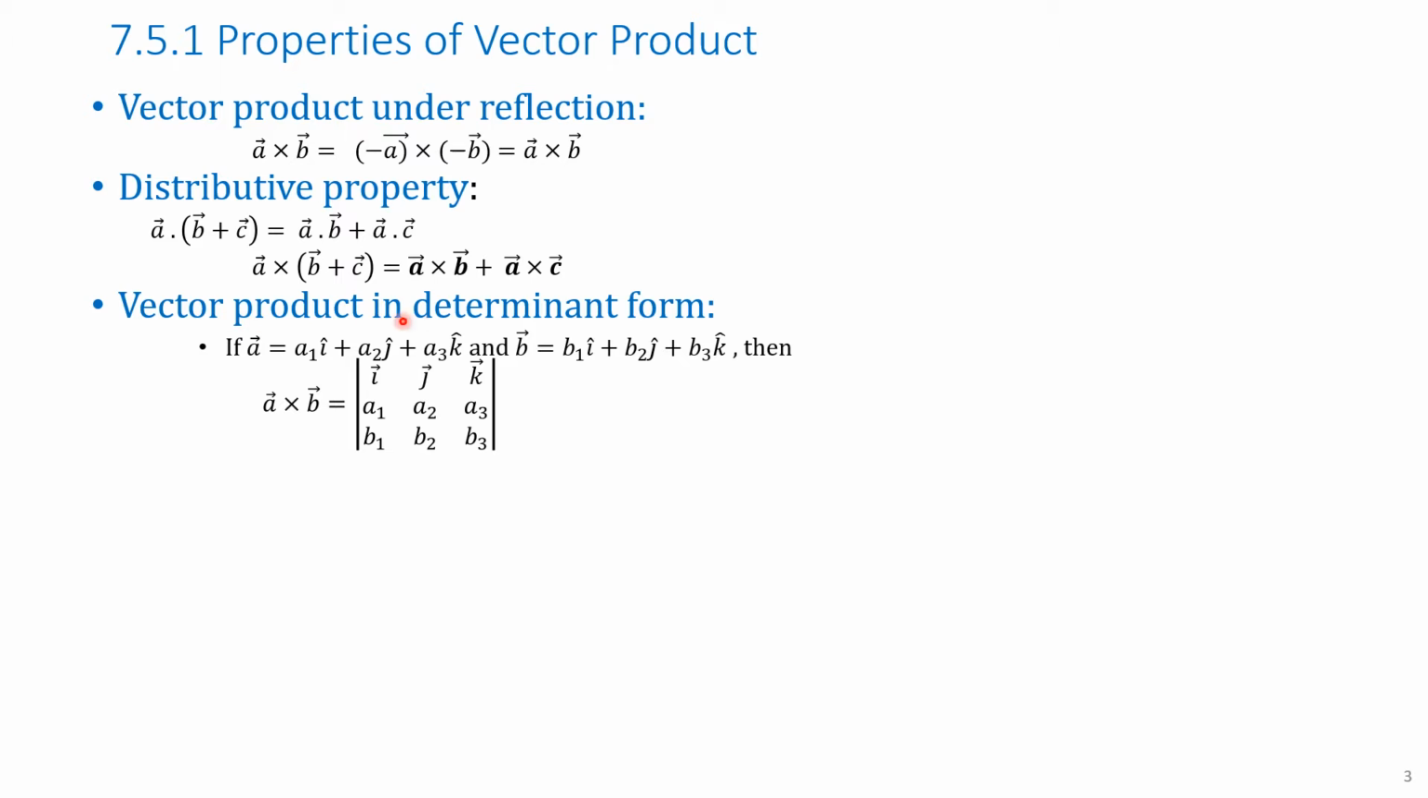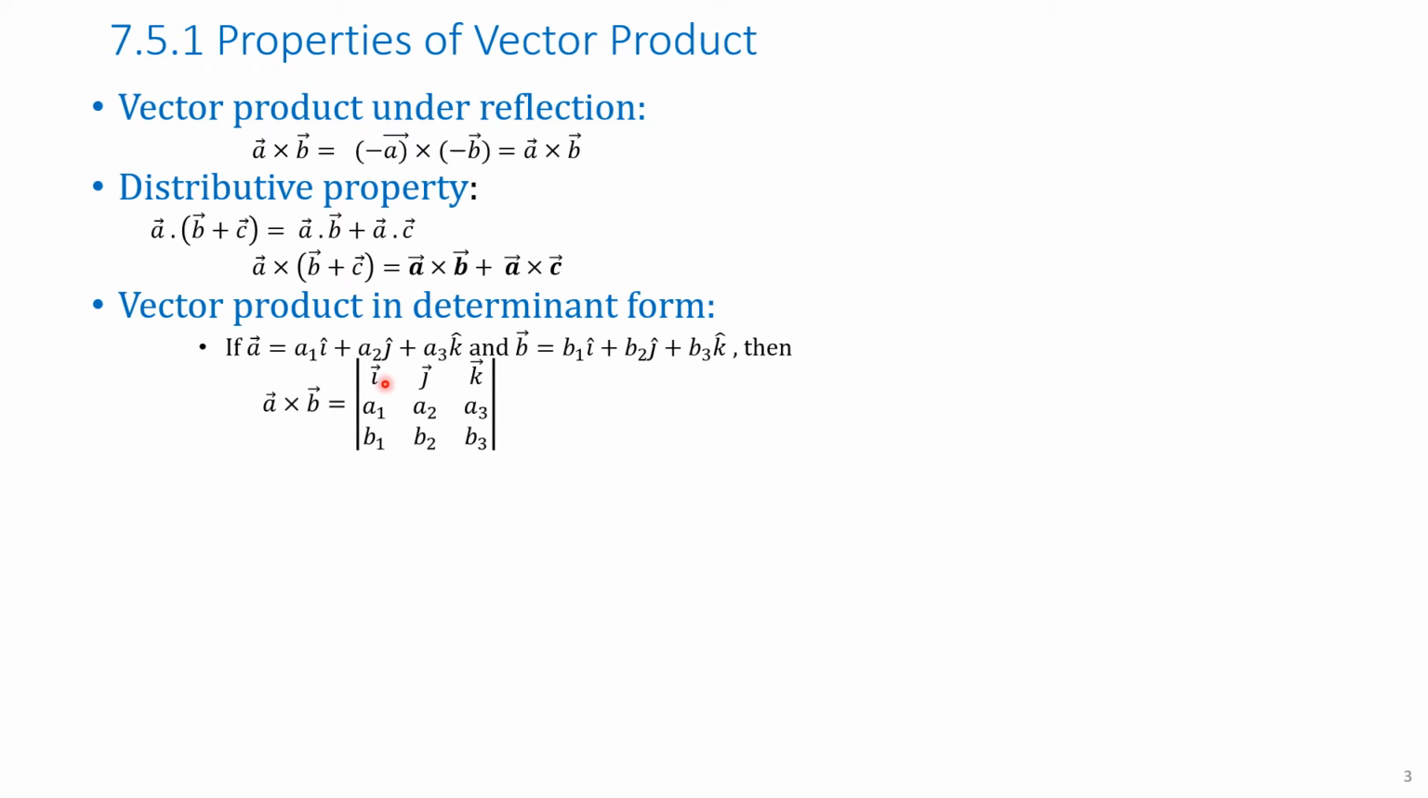Then, vector product in determinant form. For simplifying and for easy calculation, we write the vector product in determinant form as shown below. So consider two vectors, A is equal to A1 i plus A2 j plus A3 k, and B is equal to B1 i plus B2 j plus B3 k. Then the vector product, vector A cross vector B, can be written as